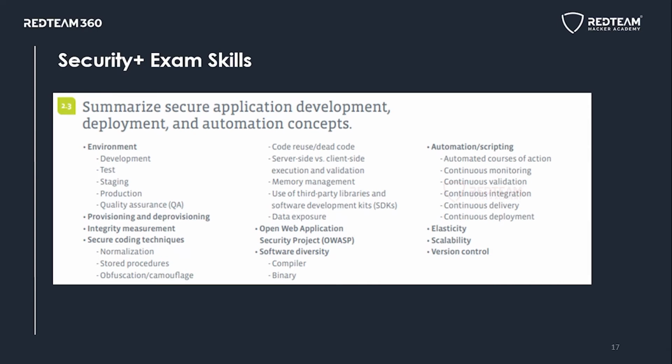We look at the different stages, or the different environments, in an application development area, like the development area, testing area, staging area, production area. Then we will go into the techniques that are used for secure code development. There are certain best practices that can be followed for secure application development. One such best practice is